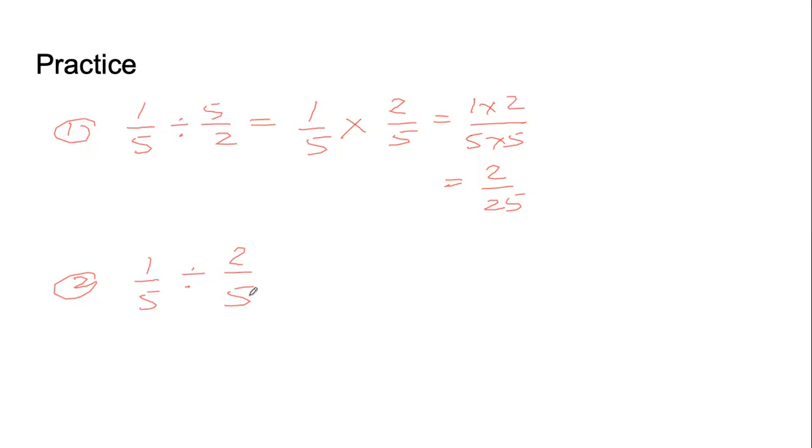Now if you look at the second question, so dividend remains as it is. Division becomes multiplication, and the divisor we take the reciprocal, right? So we can say 1 into 5, 5 into 2, 5/10. So if you got it right, congratulations. If you did not get it right, thank you for trying.